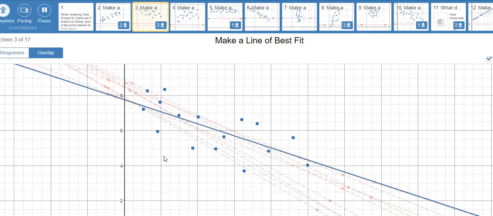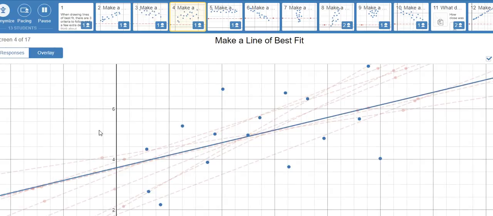Look up here, folks. Vanjit, stop what you're doing. Look up here. Tariq. What would you say about those lines? They're not as similar? And they're not as similar to the blue? Let's take a look at this one. Same thing. In fact, we've got one going the entire opposite direction. Why do you think sometimes the lines are close and sometimes they're not? Because sometimes they might be like,